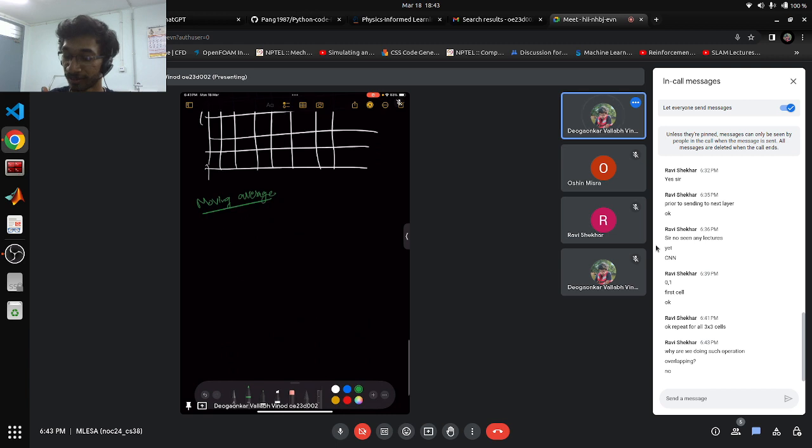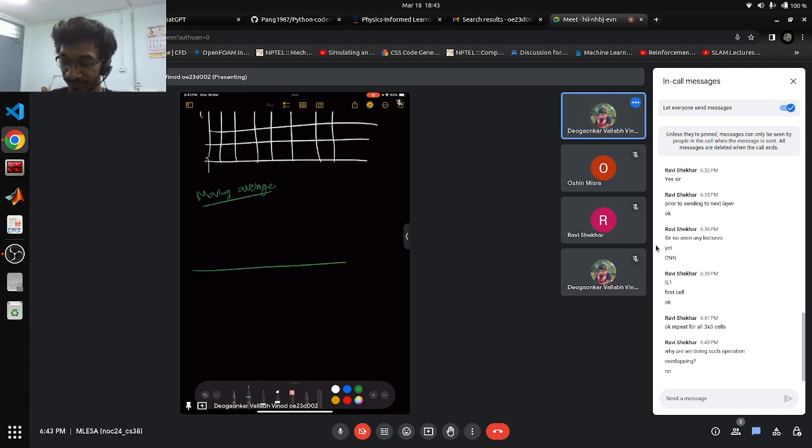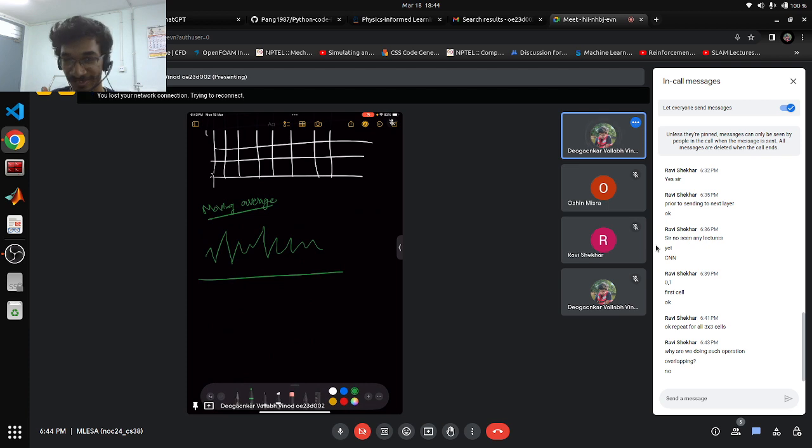Let's say, instead of going to the 2D image, let's take an example of a signal. Let's say you had some signal of this sort, and you wanted to make it smooth. Since it is going up and down a lot throughout the length, I don't like it. Let's say I want to make it smooth. One way I could do it is I will